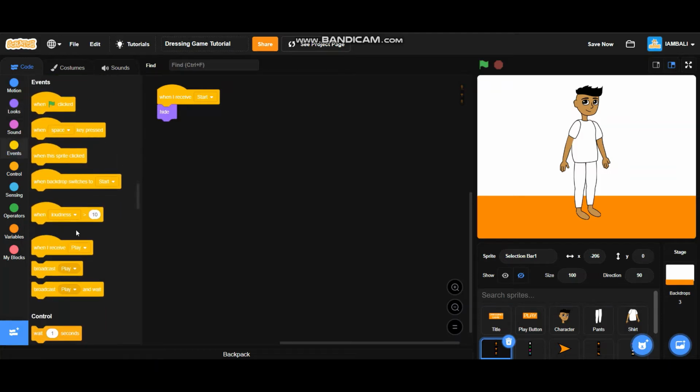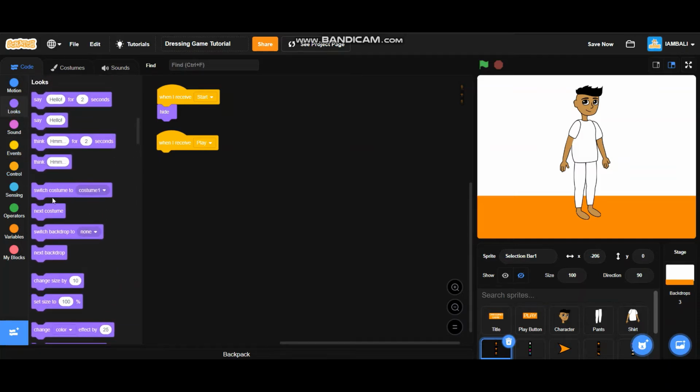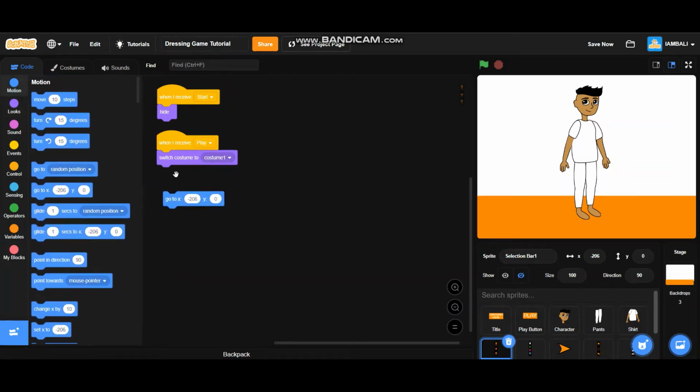And when I receive play, it will switch costume into costume 1, go to X minus 206 and Y 0,